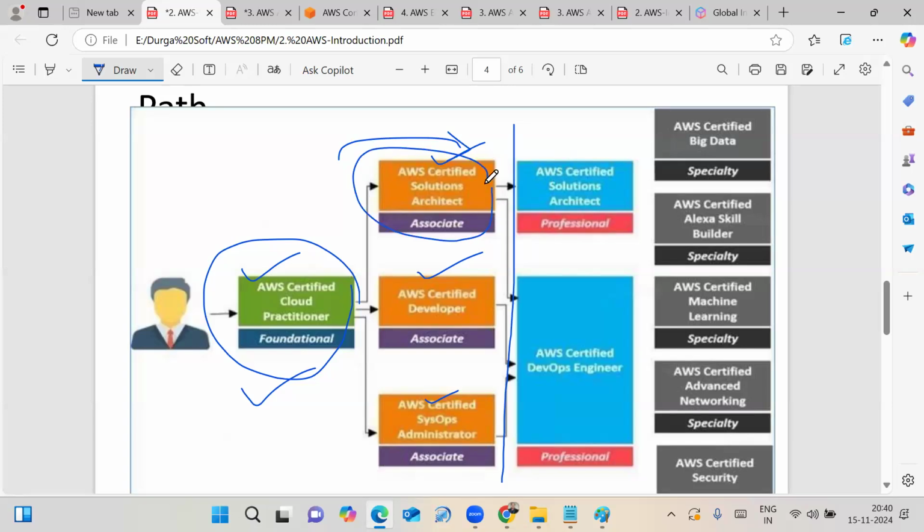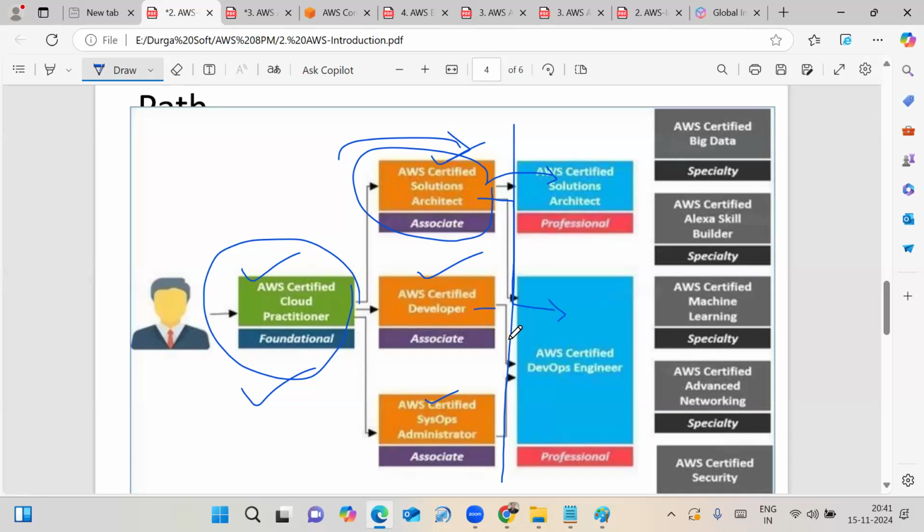See friends, once you are certified at the associate level, you may write the exam after 2 or 3 years for the professional level: AWS Certified Solutions Architect Professional, or AWS Certified DevOps Engineer Professional.